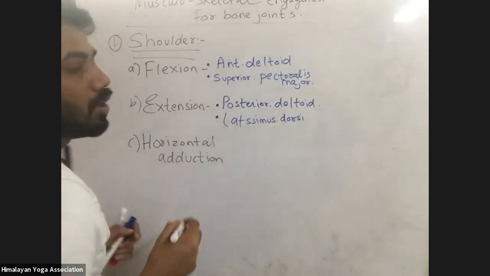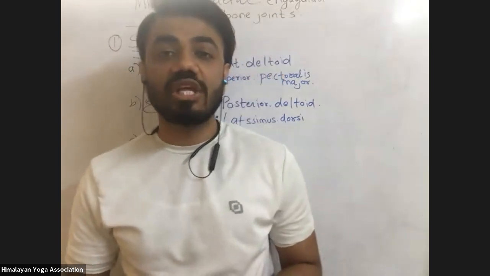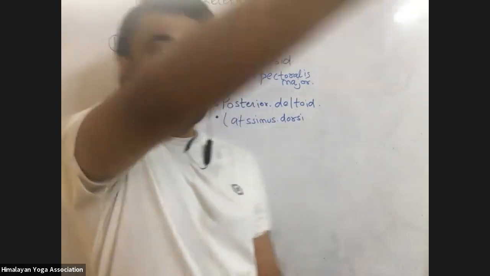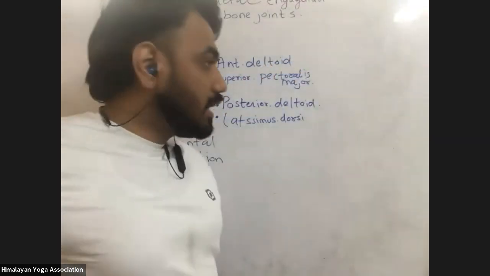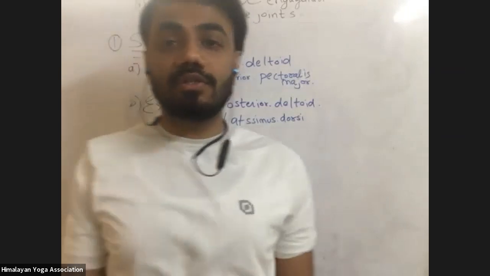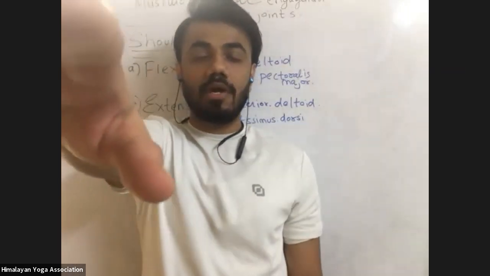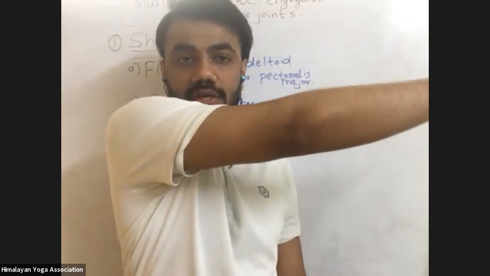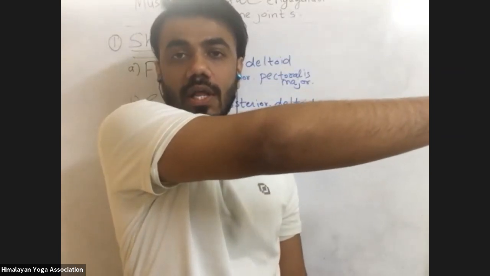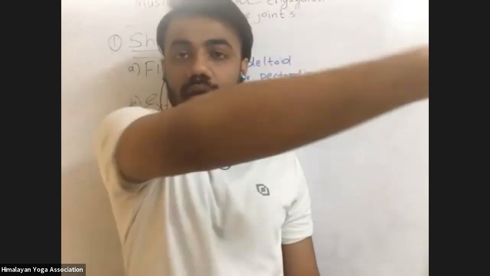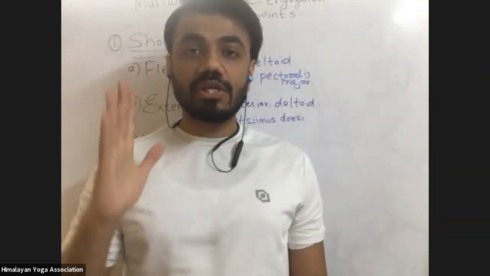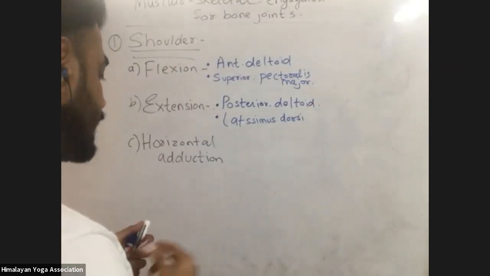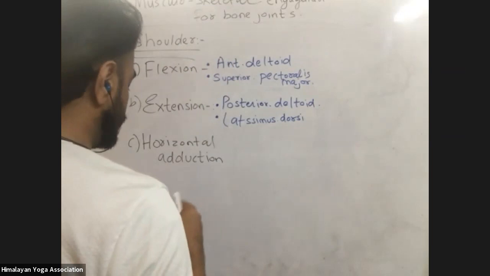The muscles of the horizontal adduction movement of our shoulder joint. So we have flexion in front, extension at the back. Now horizontal flexion. So when this is the starting point, when we bring the arm inside, that is adduction, horizontal adduction, inside. Which muscles are contracting? Pectoralis major. In the horizontal adduction, which muscles get engaged, contract? Pectoralis major.